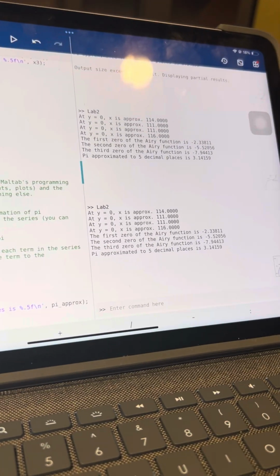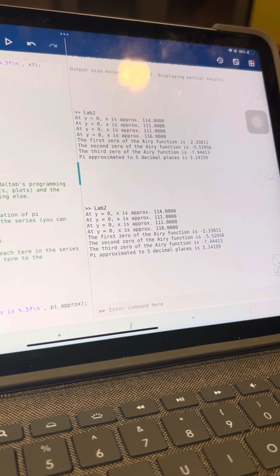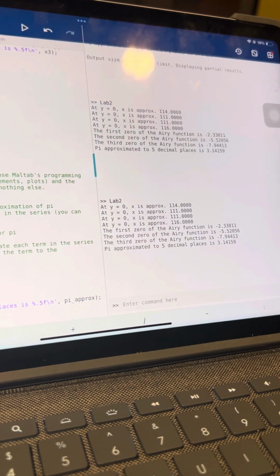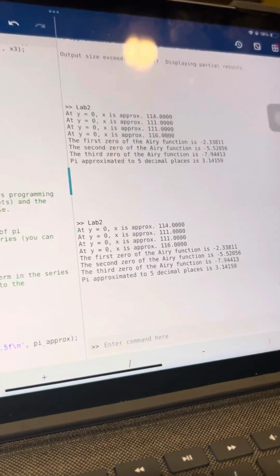And when we run the command, pi is approximated to 5 decimal places, is going to be